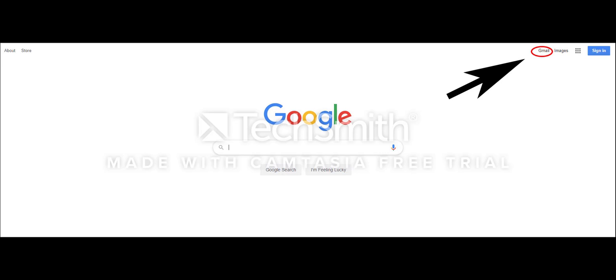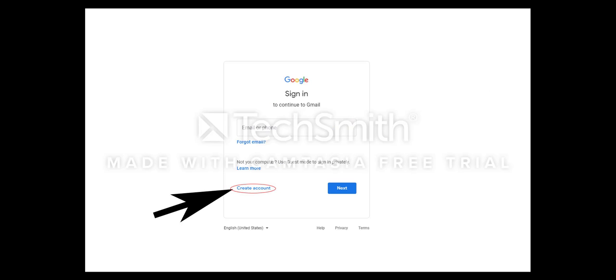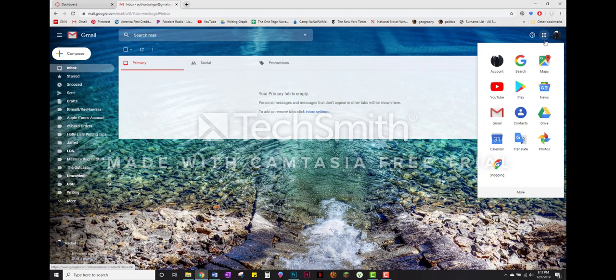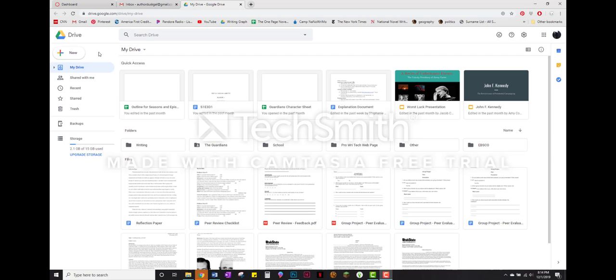If you don't have a Google account, it's easy to sign up. All you have to do is go to gmail.com and the option to sign up is right on the front page. Once you've created your account and logged in, you'll be on your mail page. Up at the top right, next to your account picture, there is a series of 9 dots. Click on those 9 dots and it will open a panel that displays all the features available to you as a Google account user. Find the green, yellow, and blue triangle labeled Drive and click on it.